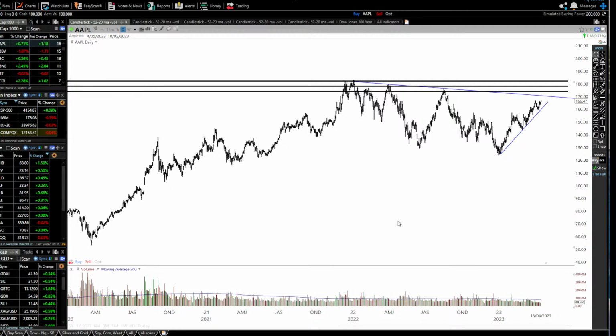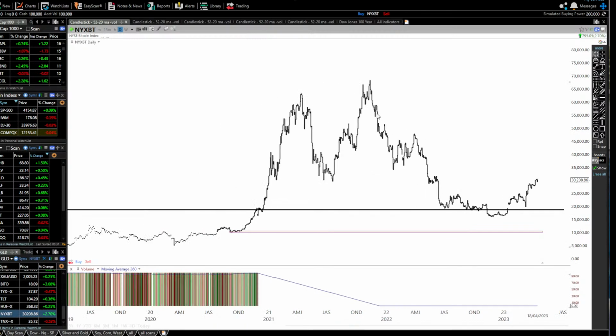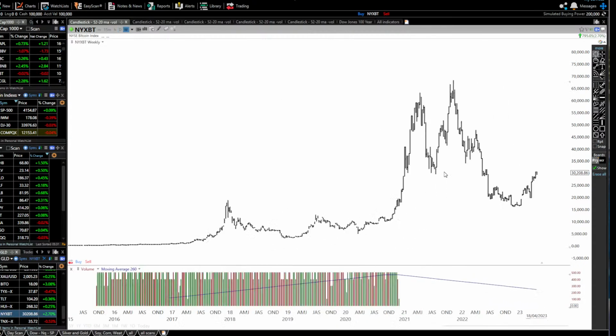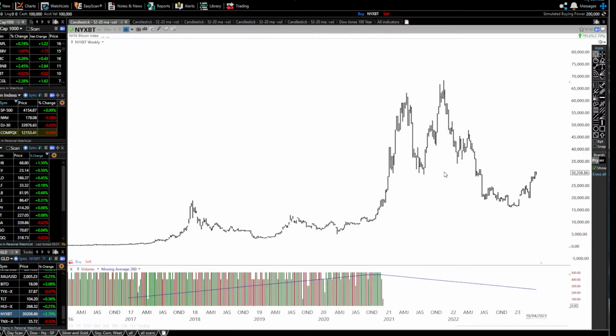Can you do analysis on Bitcoin? Sure. Let's go to good old Bitcoin. Bitcoin's actually had quite a nice move, hasn't it? It's had quite a nice move off those lows from there. Let's go to the weekly chart here. Very, very, very hard to say actually, because